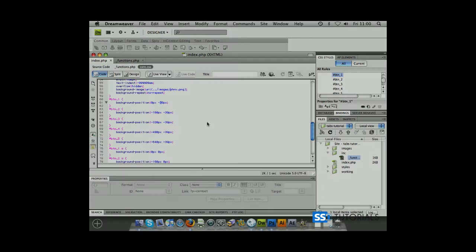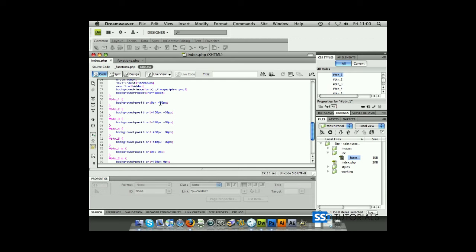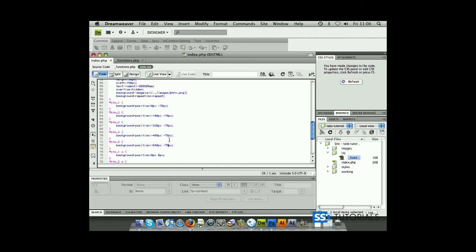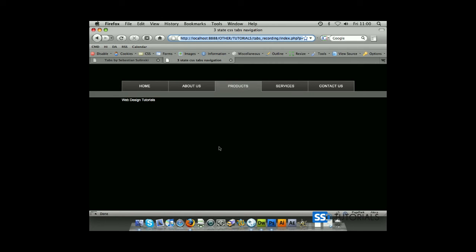Yes, 39 and 30. 39 times 2 is 78. Okay, so 78. Our li has to have 78, 78, 78, and once more. And this one will have 39 for the UL tag, because it's the middle image which is active,